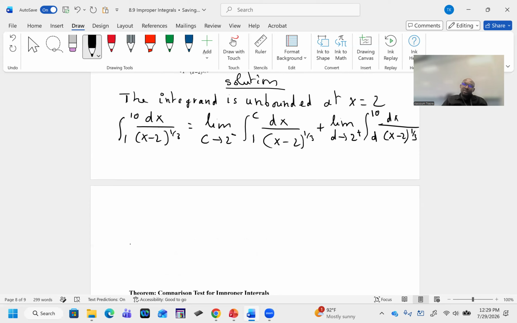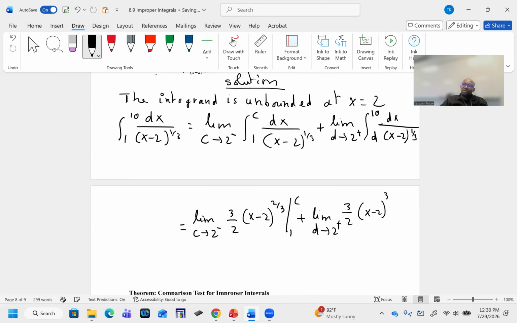So this one will be equal to what? The limit as c approaches 2 from the left of the entire antiderivative, 3 divided by 2 times (x minus 2) to the power of 2/3, evaluated from 1 to c, plus the limit as d approaches 2 from the right of 3 divided by 2 times (x minus 2) to the power of 2/3